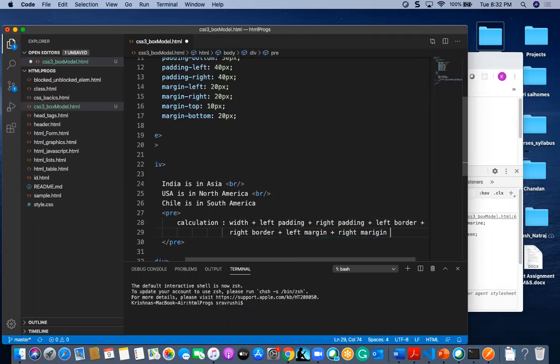This is the total width of your div. This is a question they will ask: how can you tell the total width of a box model? Then you have to answer like this. The total width of the box model is the formula: width, left padding, right padding, left border, right border, left margin, right margin.